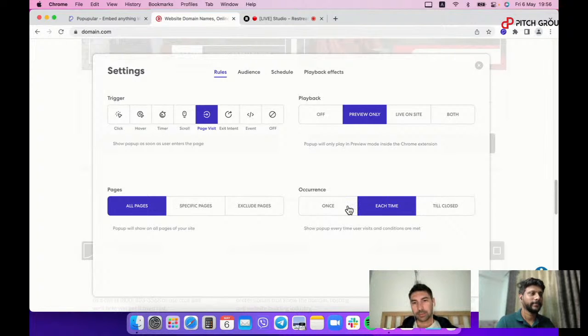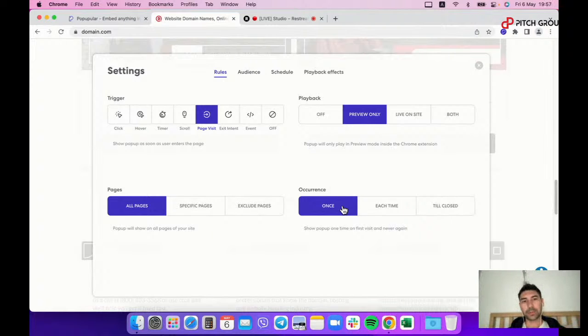And typically, people go, "Oh, I just want to show it once," which means that we trigger the pop-up into view whenever somebody visits on all pages, and then if they close that pop-up, they will never see it again. Each time is exactly as it sounds. So every single time these conditions are met, we're going to trigger that. Or we can say until closed, which means that we're going to keep showing it until the user actually